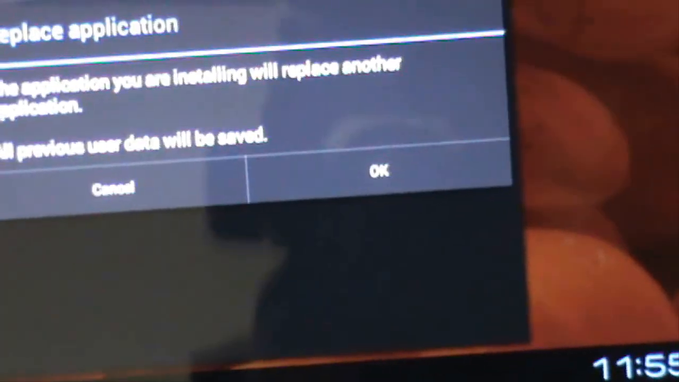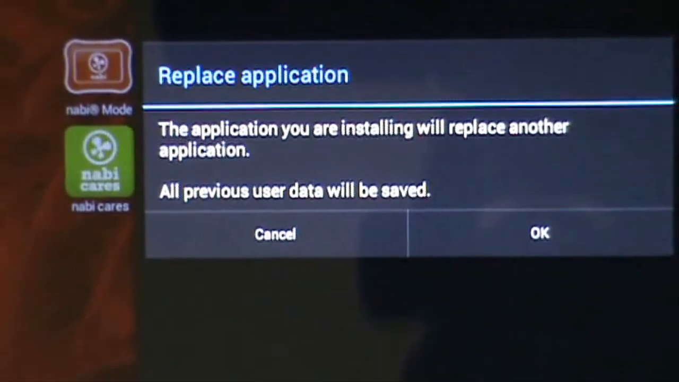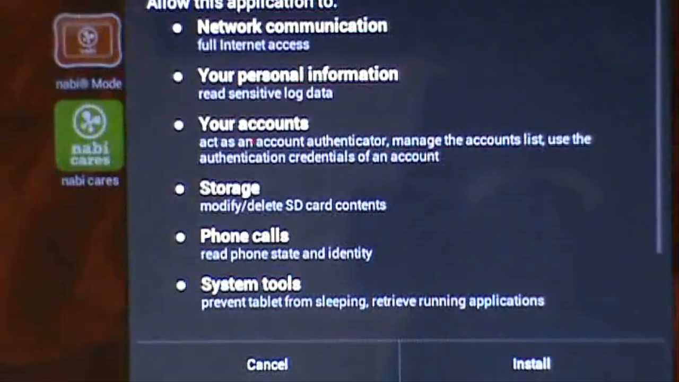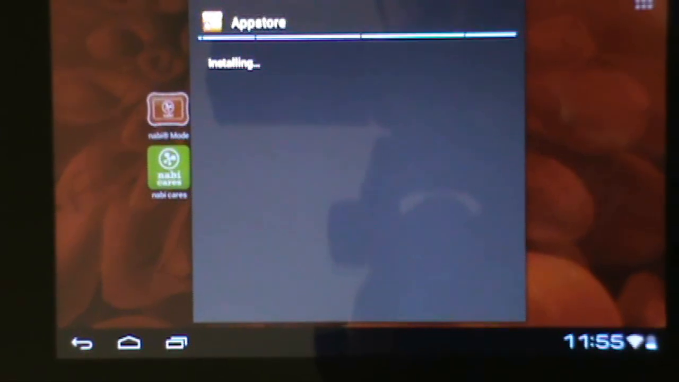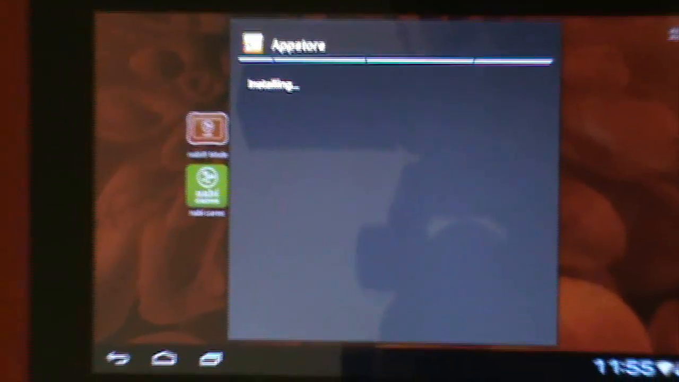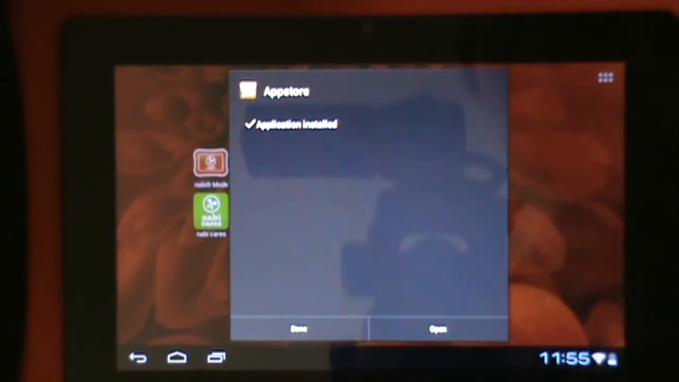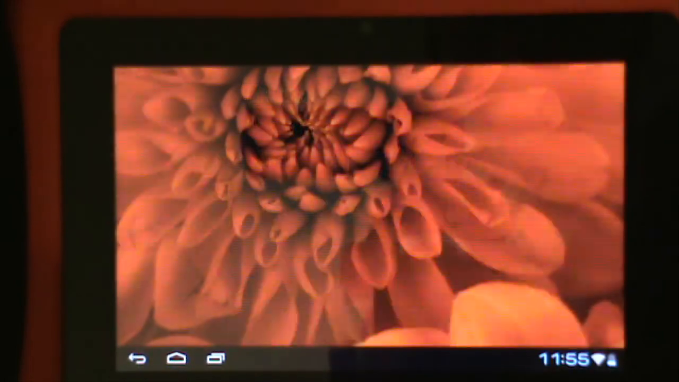So next thing you need to do is you need to install it, and it's saying it'll replace my other application. OK, and then just click install. And you give it a second here to finish its job. Alright, application installed. What you want to do is you want to open it up,